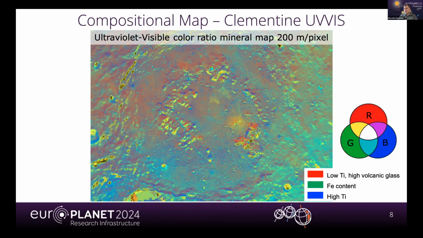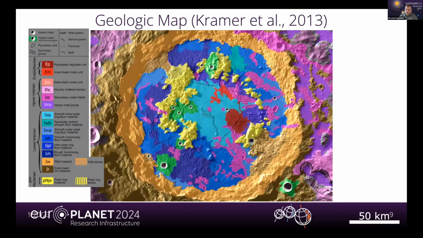And at first glance, we see that this area here has this sort of halo, which is yellow. It means that it is low titanium, but high quantity of volcanic glass, possibly, and high iron content. If we go back,